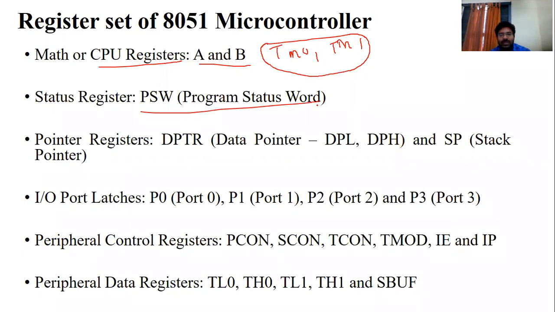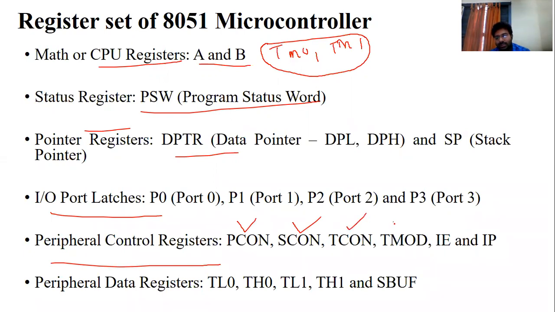Then the program status word, then pointer registers, the DPTR registers, then the stack pointer register, then the I/O ports, you know that 4 ports are available. Then peripheral control registers: power control register, serial control register, timer control register, timer mode register, then interrupt enable and interrupt priority registers. Then peripheral data registers are timer register 0, then 1. And these are two different 16-bit registers divided into